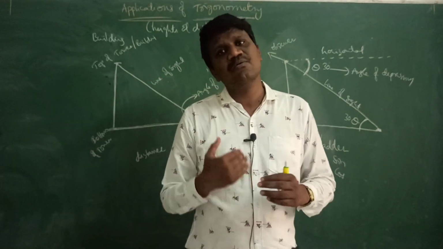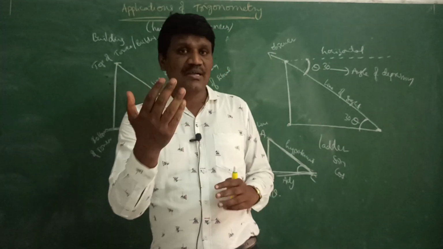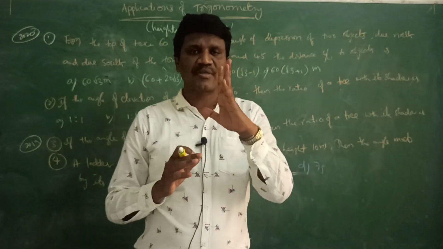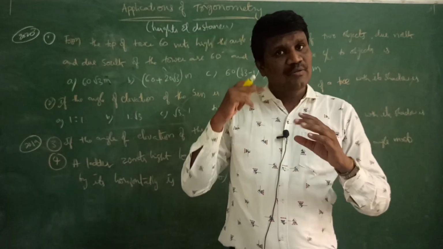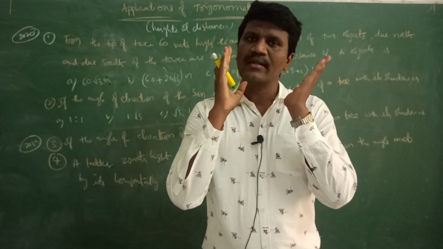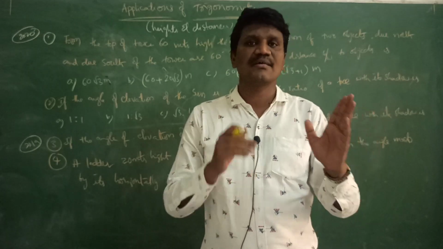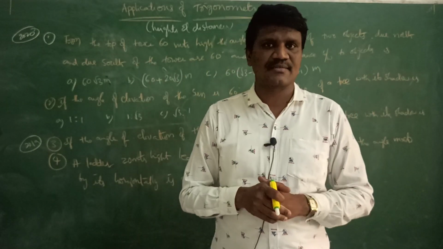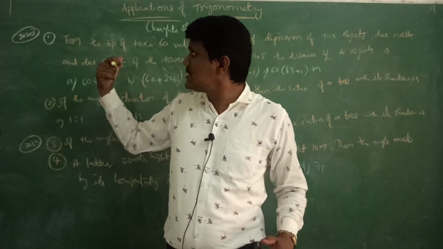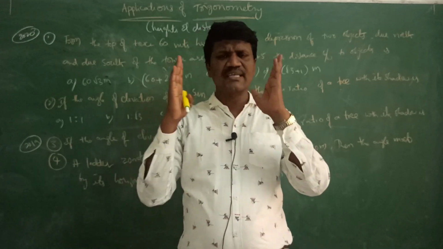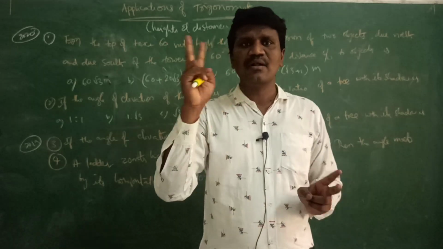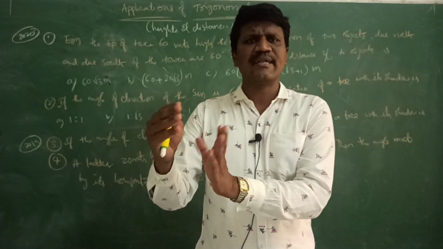Let's solve the problems now, then you can understand what type of problems are coming. Yes students, now let us see previous year questions. Generally 2 questions come from the application of trigonometry. These problems are of 2 types: one is single diagram based and the second is 2 triangle diagram based. If a single right angle triangle is there, it will be very easy. If a double triangle is there, it may take a little time.